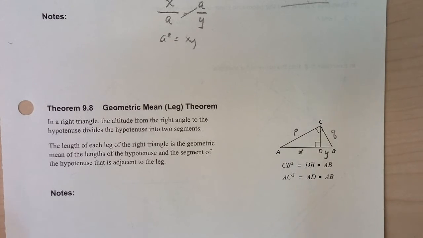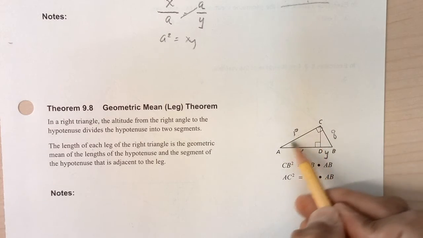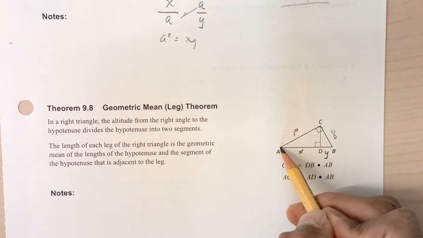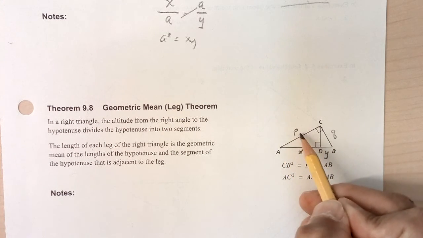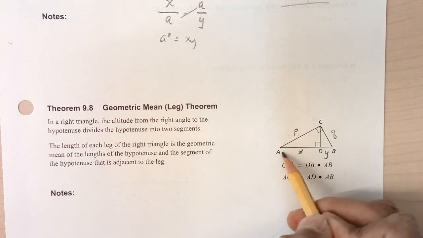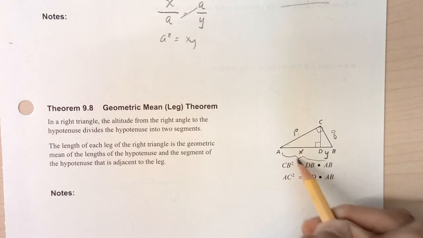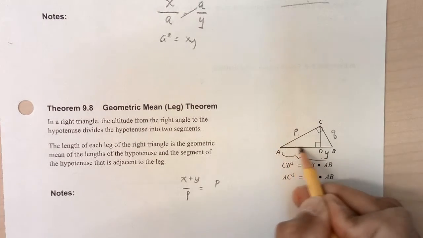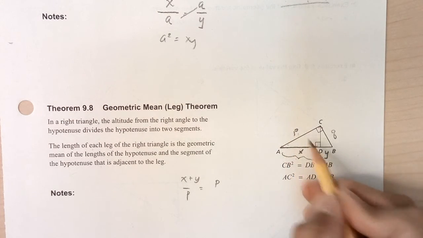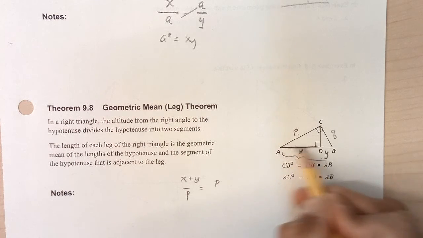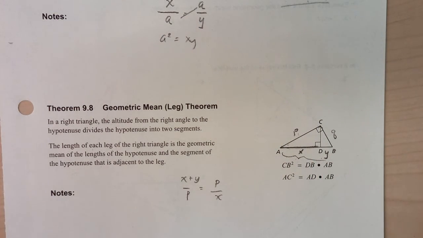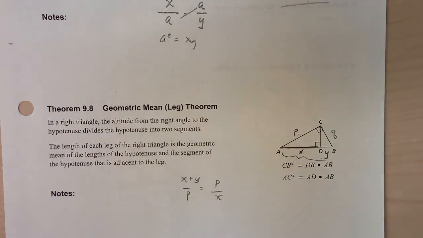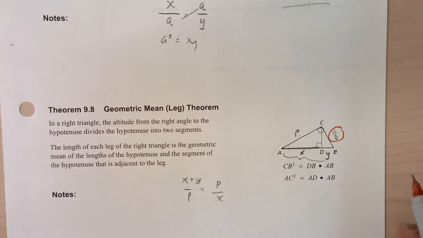Okay, that's kind of a mouthful, but what that means is this leg right here, CA of the original right triangle, is a geometric mean between the hypotenuse, so that would actually be x plus y. If p is a geometric mean, then it's a geometric mean between x plus y and then the adjacent part or segment of the hypotenuse. So here's p, the adjacent segment would be x. So that's a proportion that you could set up. And then the same thing is true for the other leg of the original right triangle, what I call q. q is a